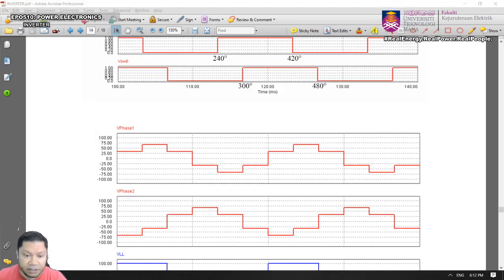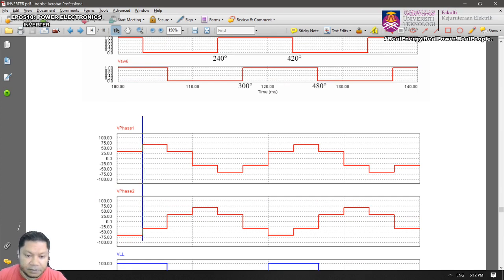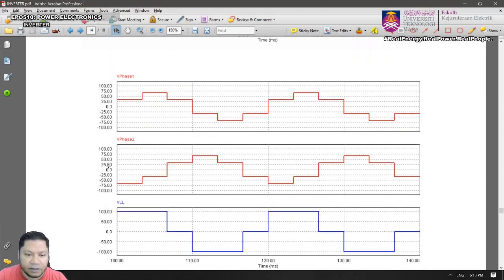Okay, we look at this particular region, isn't it? So phase 1 is plus 33.33 volt, but for phase 2 you have negative 66.67 volt. Right? And again, V line to line equals V phase 1 minus V phase 2. So that's why we have 33.33 minus 66.67, you get back to 100 volt there. So please understand, continue with the others